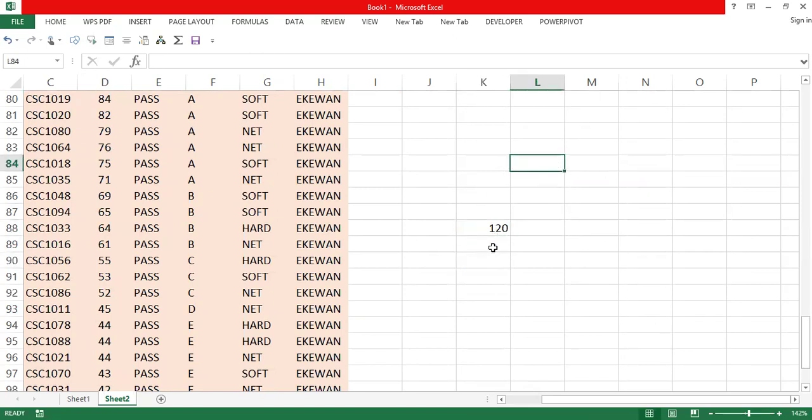So that data may not be valid. Or 500, when other people are getting 71, 75, 40 something, 50 something, then one person suddenly gets 540. That's invalid data because it's over 100. You expect scores to be between